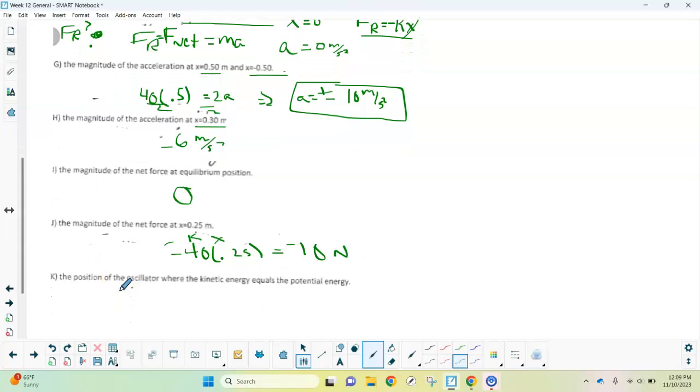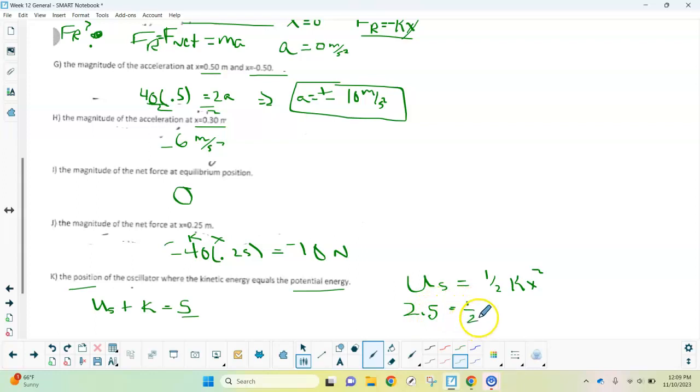And then K, it says the position of the oscillator when the kinetic energy equals the potential energy. So if they're equal, the total energy is 5, and if you split that in half, it'd be 2.5. So we want to find the position, so that's going to be based on potential energy because that has x in it. So the US is equal to 1/2 kx squared. And again, like I said, the US plus the K should equal 5. And they're both half, right? So if you split 5 in half, it's 2.5, 2.5. So we're going to use 2.5 here,